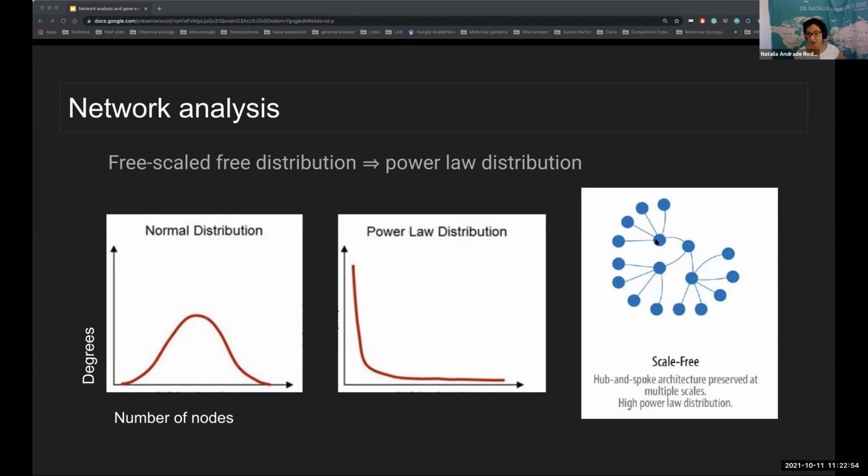So it could be genes that are super important and are connected with other elements, or web pages, for example, like Google, one of the most visited networks. And then from there,